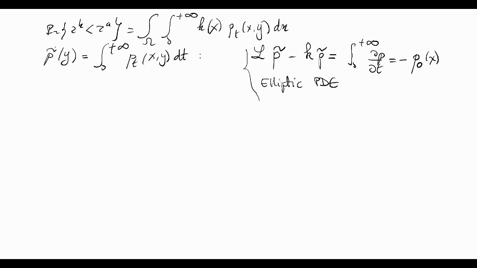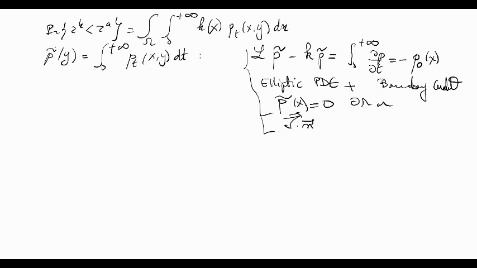To be solved with boundary conditions. The boundary condition can be given, for example, as reflecting or absorbing, so p tilde of x equals 0 on the boundary of omega, or we can have mixed boundary conditions, which is J dot n, the flux, equals 0 on the reflecting part of the boundary. So now the probability that tau a is less than tau k is 1 minus the integration over omega of p tilde of y dy,